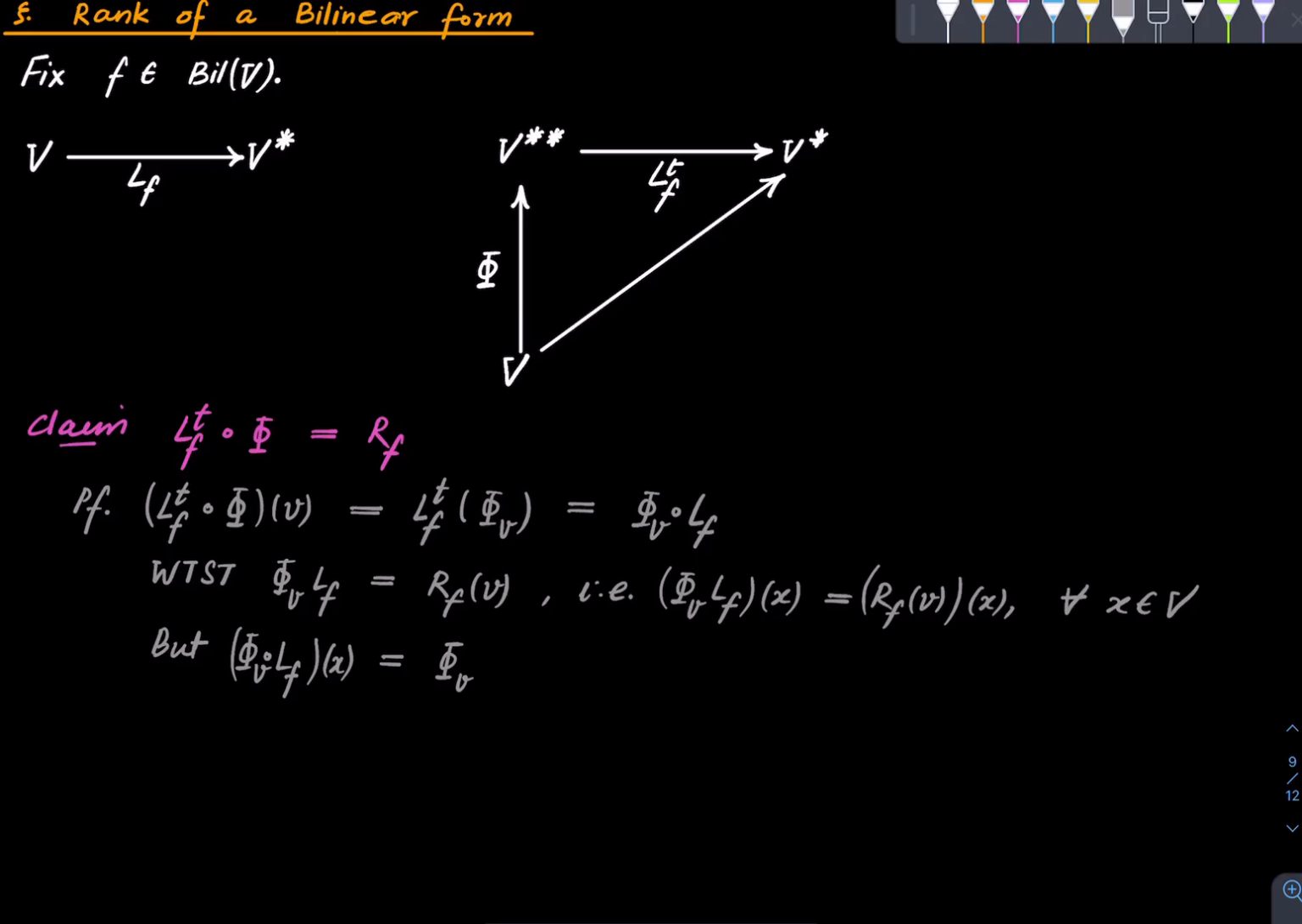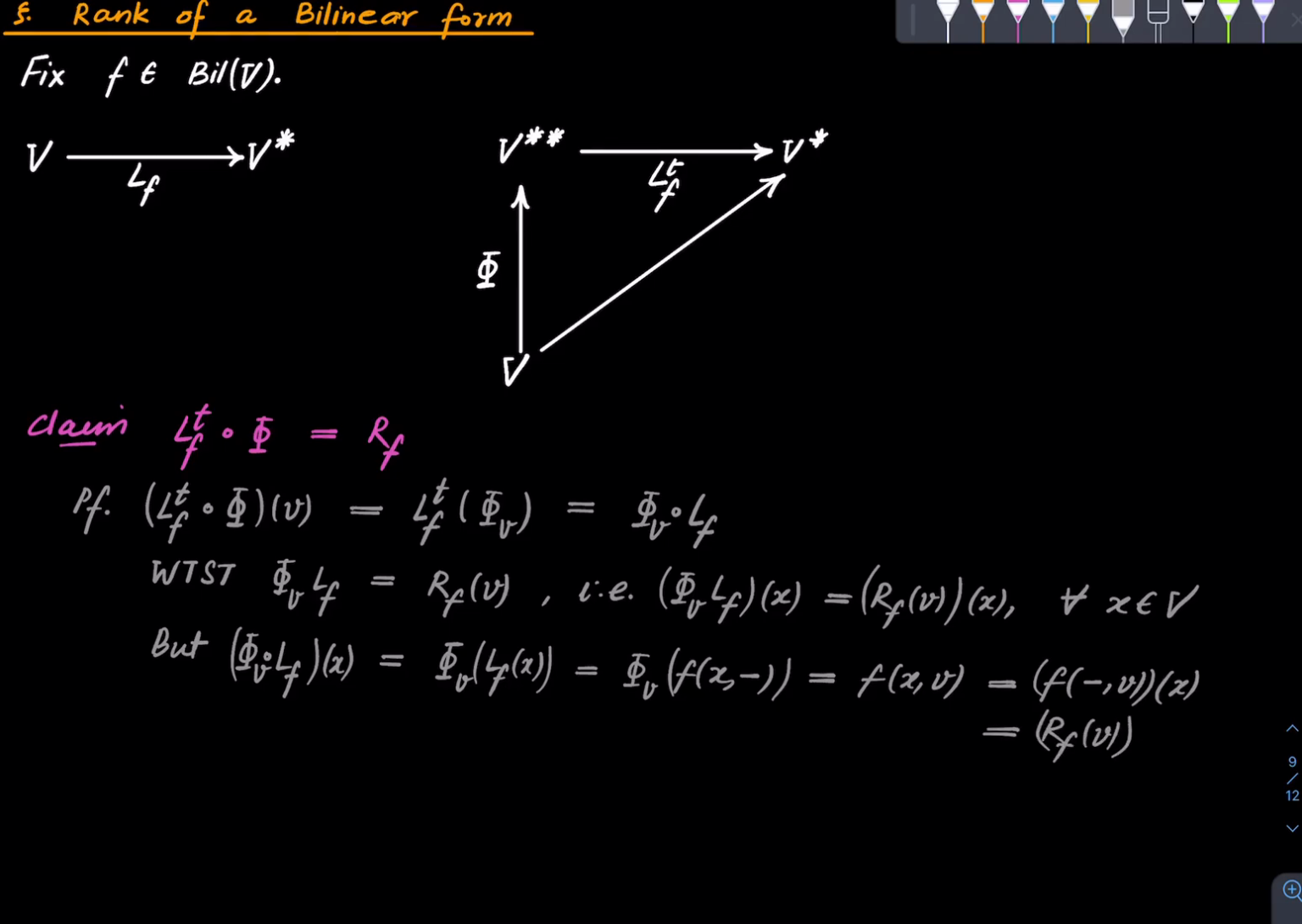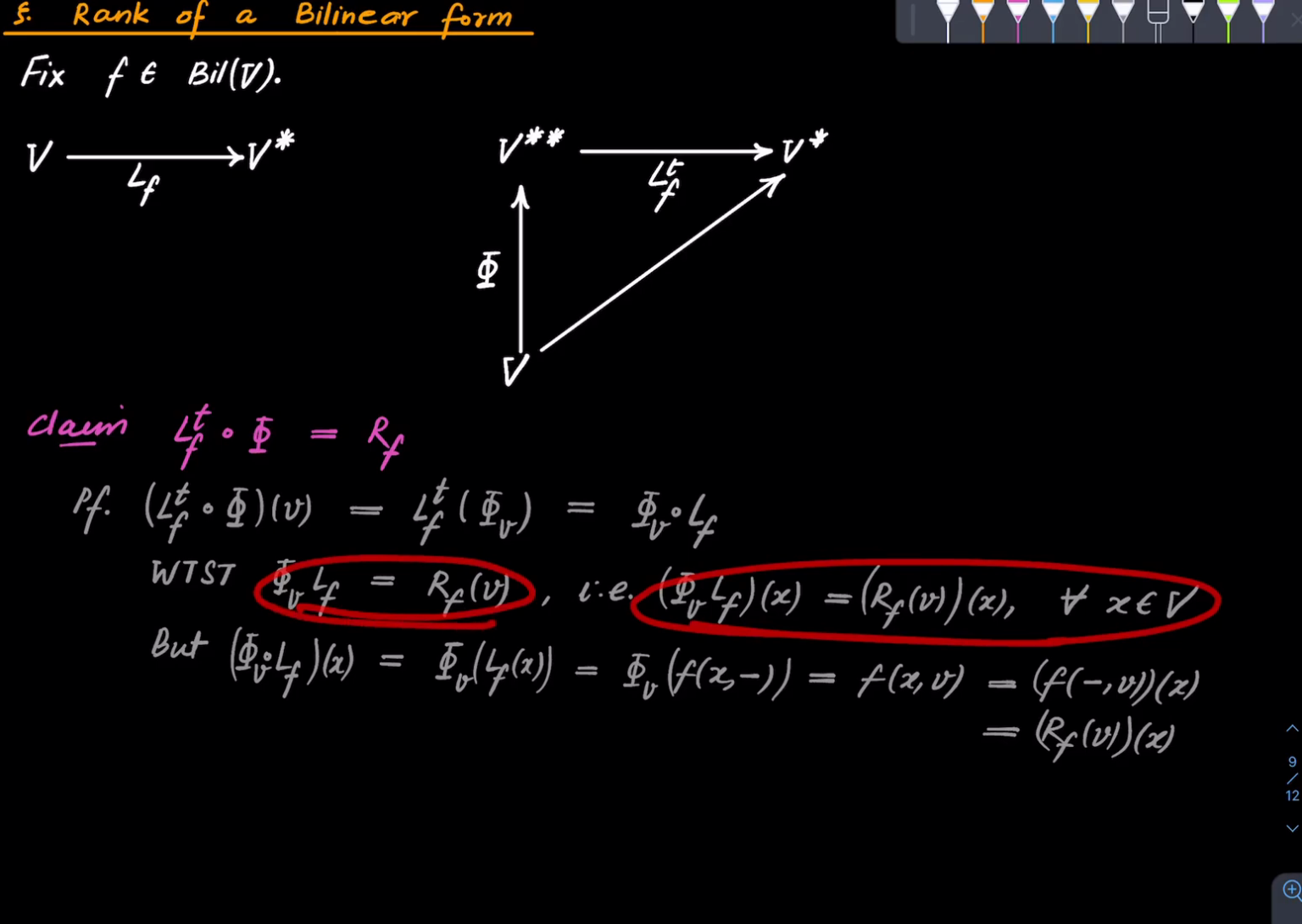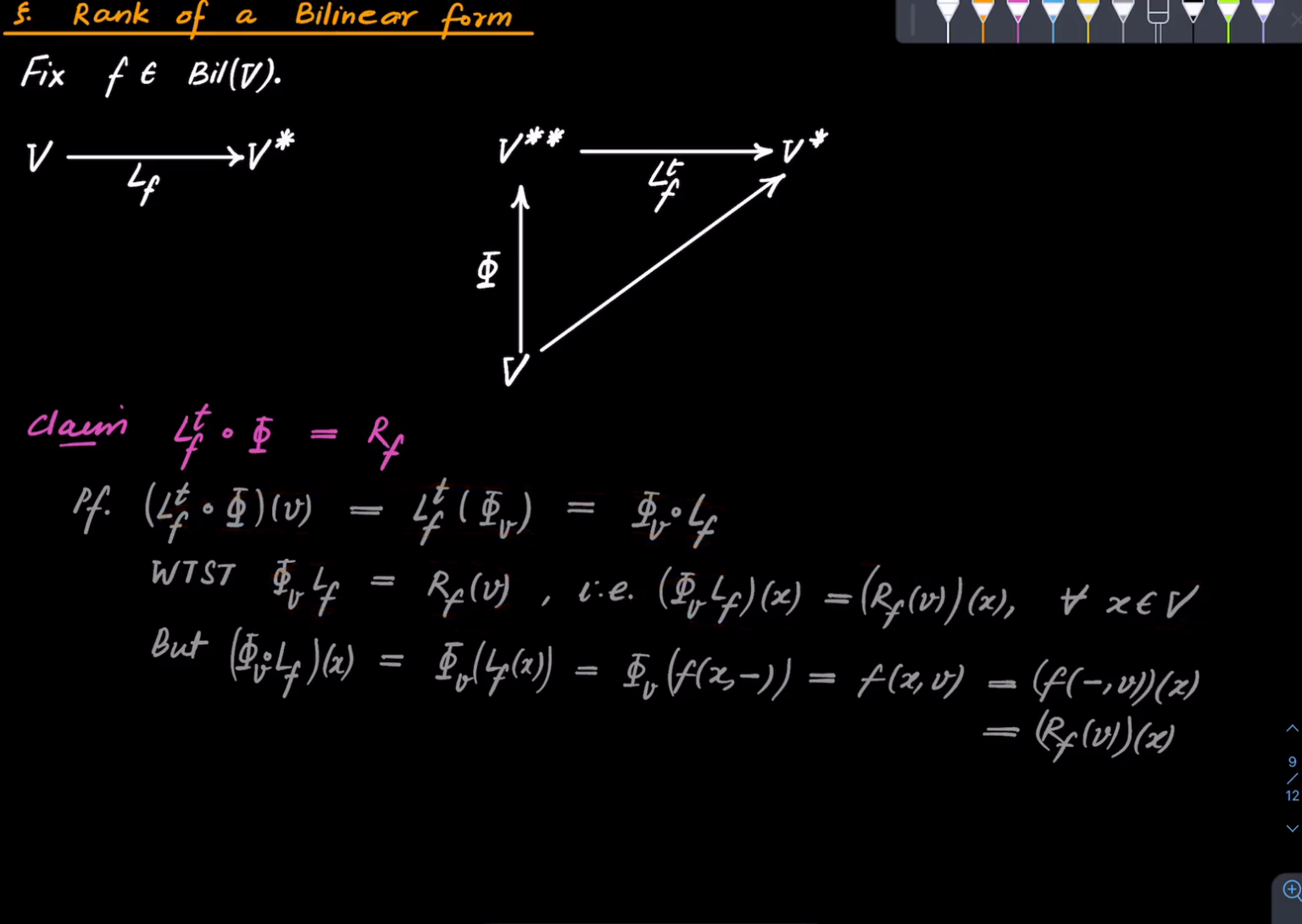Phi V LF of x is this, which is f of x blank, which by definition of phi V is this, which is equal to f blank V, and you feed x to it, which is rf V, and you feed x to that. So indeed, we have shown this is the case, and hence this equation holds. So we have proven the claim, and therefore, with the help of the claim, thus,